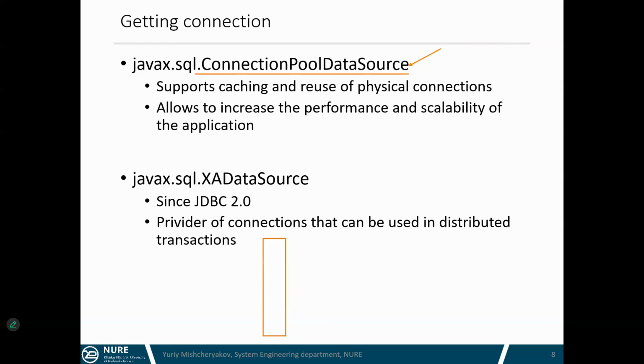If you have, for example, a web application, it processes many queries. These queries are requests. To process requests, you need to access the database, so you need to get a connection for your database, get data and so on. Then you use only